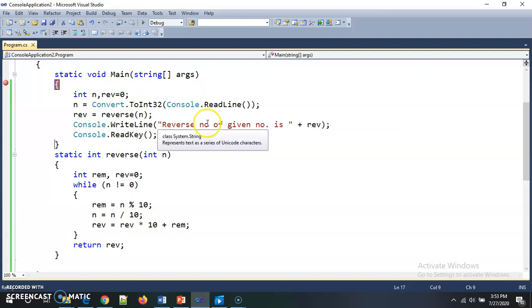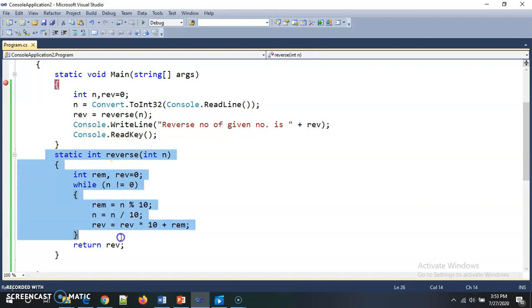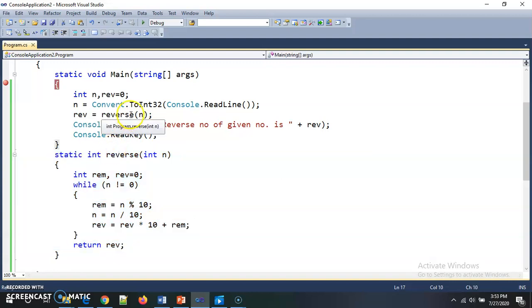So this is the general program execution. We see here how we can do a reverse program inside C#. Also we have seen how we can create our own user defined function, how our own function returns values, and also how we can pass values from main to our user defined function.